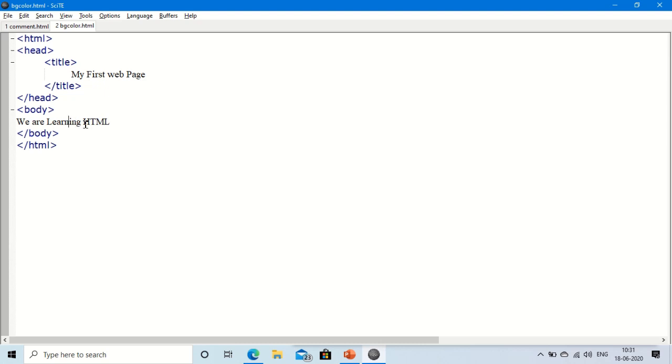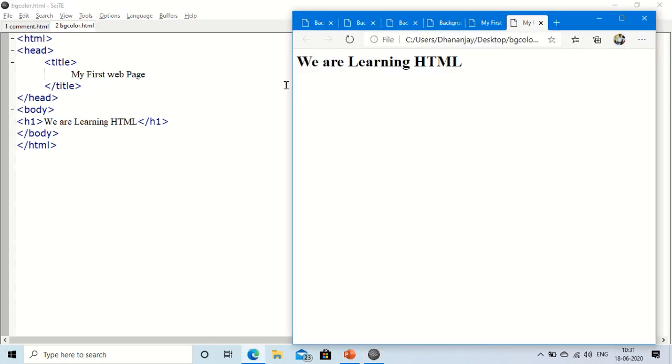Let me change the font size. I will give H1 here so that it appears in a bigger size, and I will close H1 here. Refresh it. You can see it is coming in the bigger size, but in black color.